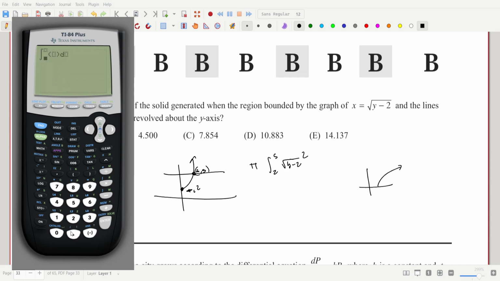So math 9, 0, 2 to 5 of square root x minus 2 squared. I probably could have done that by hand now that I think about it, but whatever. And then times pi. Okay. Hopefully that's right. I am going through pretty fast. I'm probably making mistakes, but